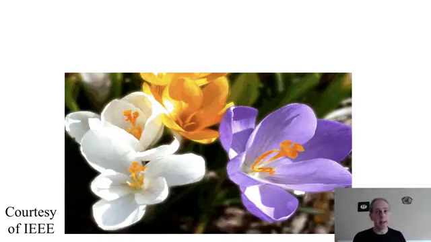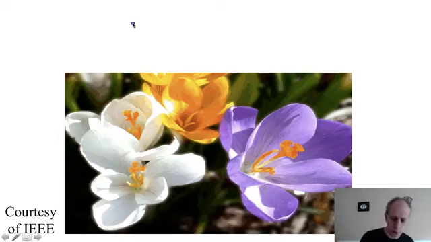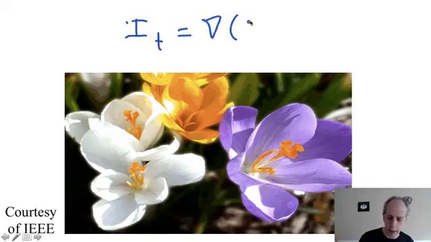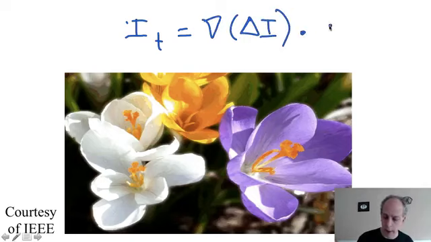So this is the last example from this video, but there's one thing I haven't told you, and that was on purpose, just to keep you wondering a bit. I gave you an equation of image inpainting, but here we have 3 colors. How do we do that? How do we go from that equation that I gave you before to colors? Remember, the equation was something like I_t equals the gradient of the Laplacian of I, inner product, gradient of I,